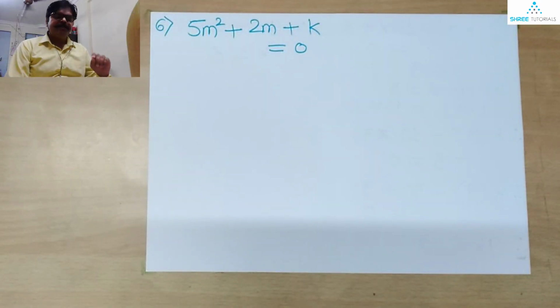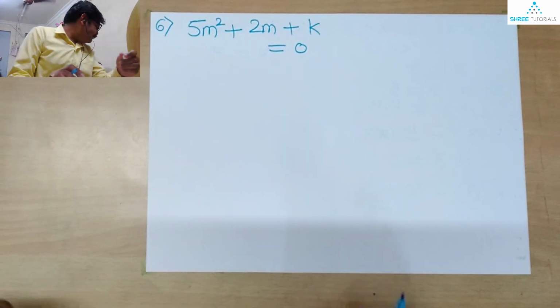Now, in this question, they have given us a quadratic equation, and for that quadratic equation, they have also declared one thing, that one of the roots of this quadratic equation, they have shared with us. What exactly is that root? It is m is equal to minus 7 upon 5, and we need to check whether after substituting that value of m, we are able to get the value of k or not, and if we can, what will be the value of k. And of course, we are not supposed to solve this question completely, but we are supposed to fill in the blanks. So let us see how that goes.